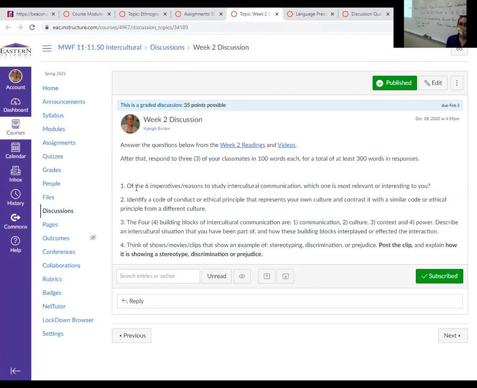So, which one of the 6 imperatives is most relevant to you? Which is our peace imperative, self-awareness, those ones. Identify a code of conduct or ethical principle that represents your personal culture and compare and contrast it with another code from a different culture. So how do these 4 building blocks of intercultural communication interplay or affect different interactions?